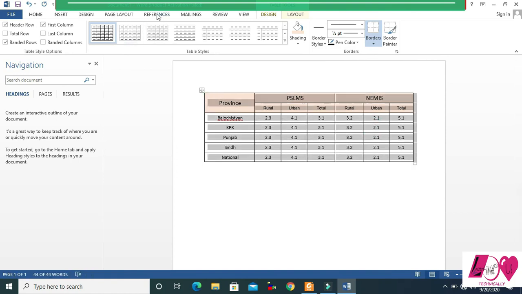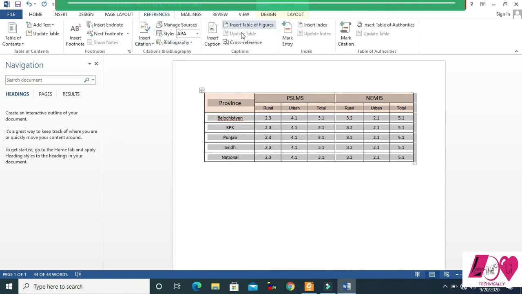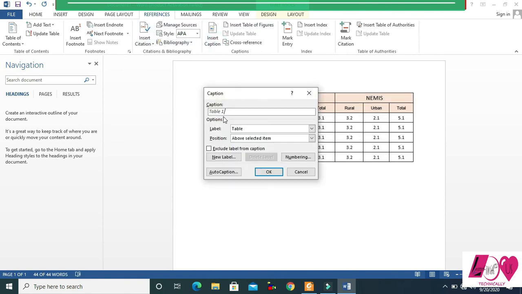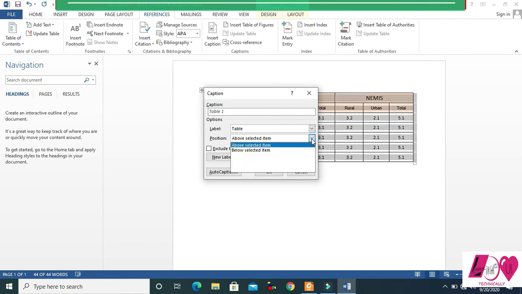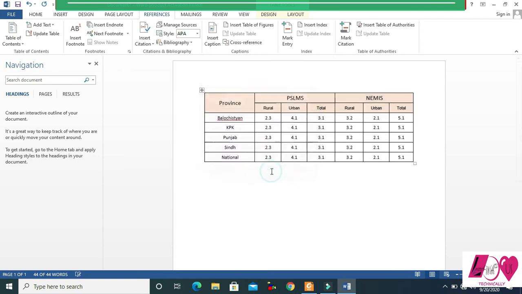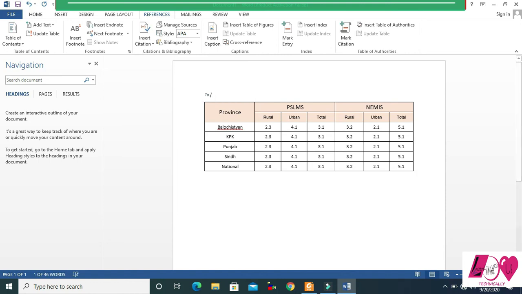Select the table and come to References and then click Insert Caption and Table 1, and you choose whether to show the caption above or below the table. Professionally, the caption goes above the table, and for a figure below the figure. Okay, then click OK. Okay, just remove this one, sorry, and